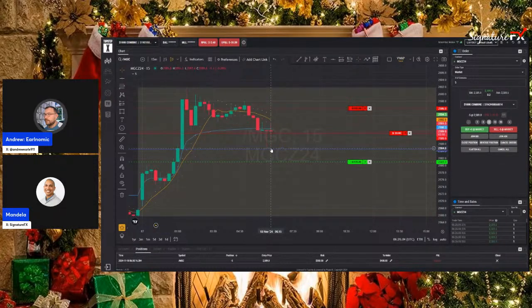Just in a position on gold, taking a sell. We got down to our take profit one level. I didn't move the stop, so I'm going to stay in this trade at the moment, but I'm not really liking the way gold's moving, just not liking the range. What I am thinking, if we do break above that VWAP and 9 moving average, might reverse position, but I'm okay with it. We only got a 350 expense, 400 profits. I'd be happy with that. So yeah, I'm just watching this trade at the moment.